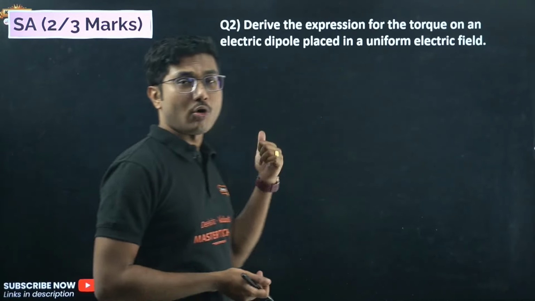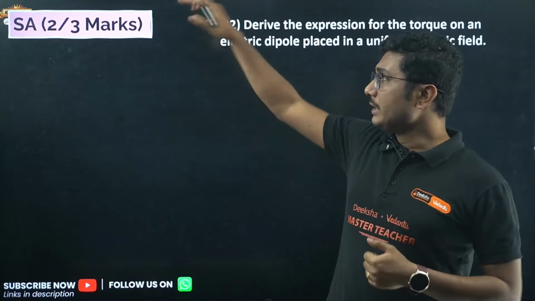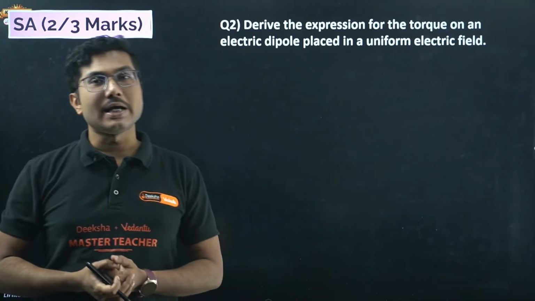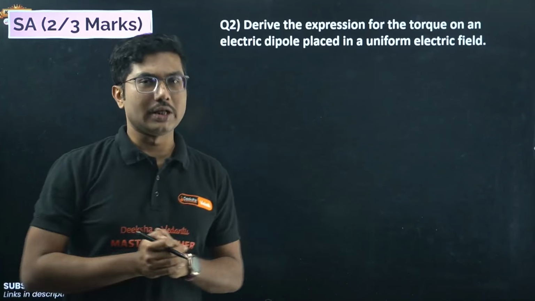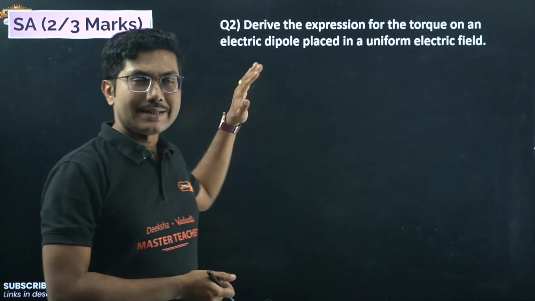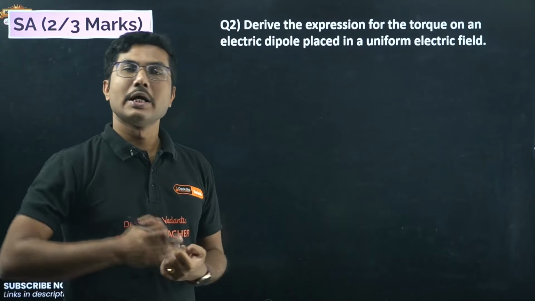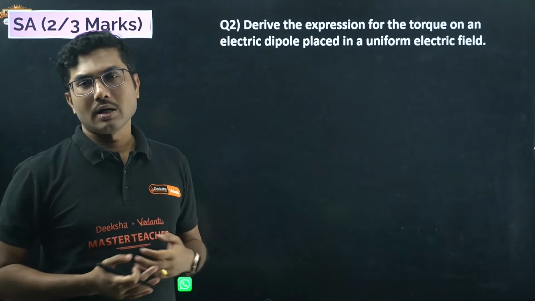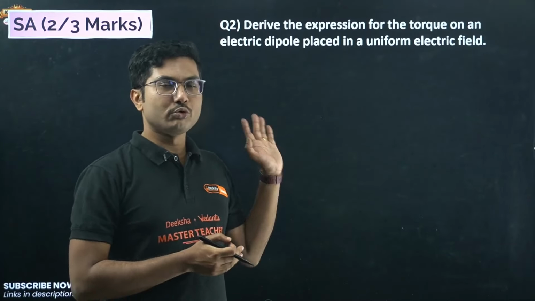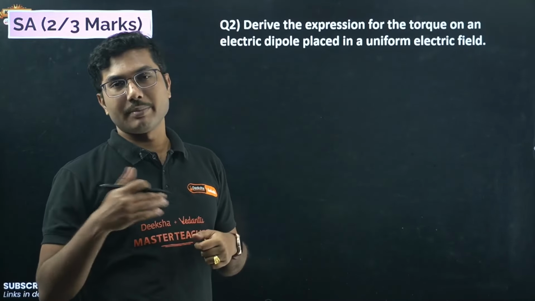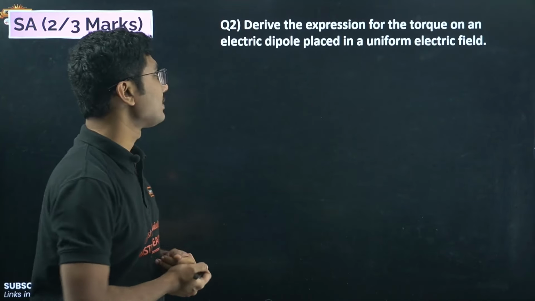Now all the questions that we are going to discuss in the 2 marker, 3 marker segment can come as a 2 marker question, and can be asked as a 3 marker question as well. So be prepared. If I am giving you 3 points, then you have to remember all the 3 points, because you don't know what marks that question might come for, okay? So 2, 3 marker questions are generally common. Sometimes it can be asked as a 2 marker, sometimes as a 3 marker as well.